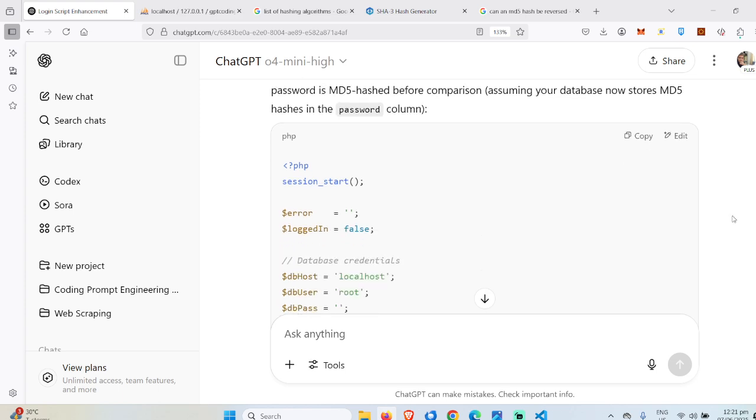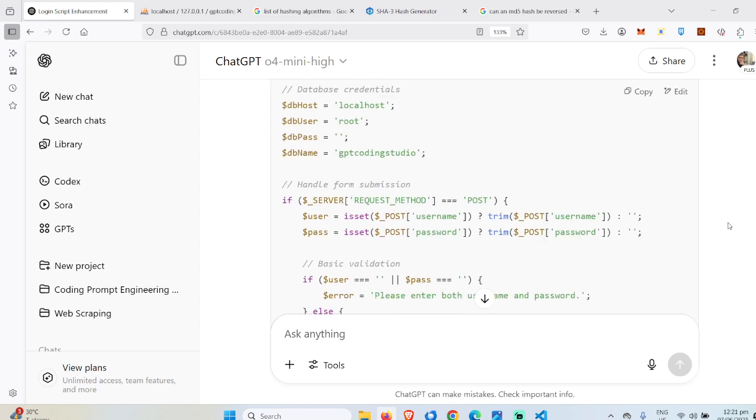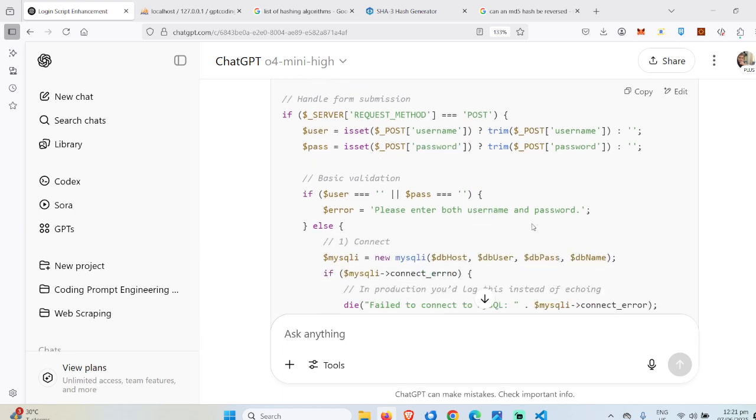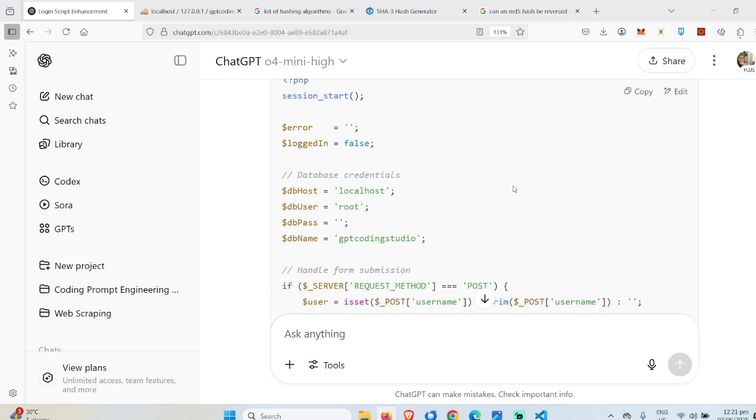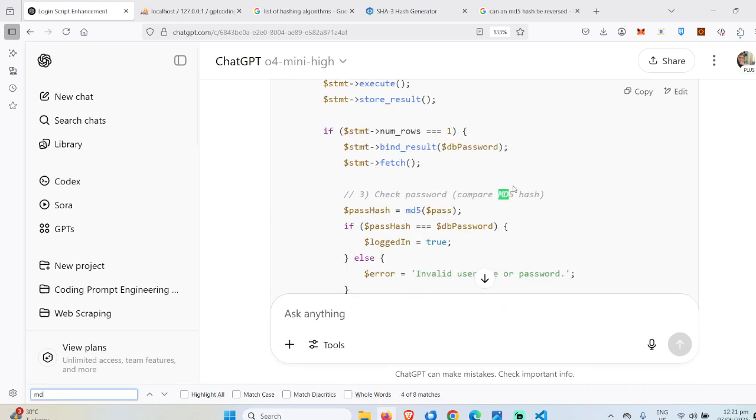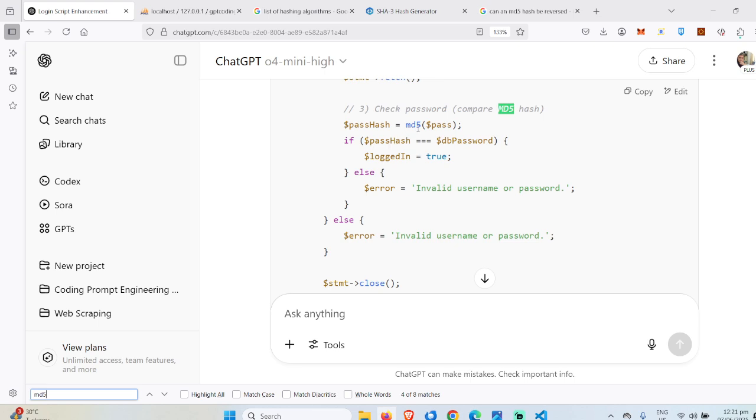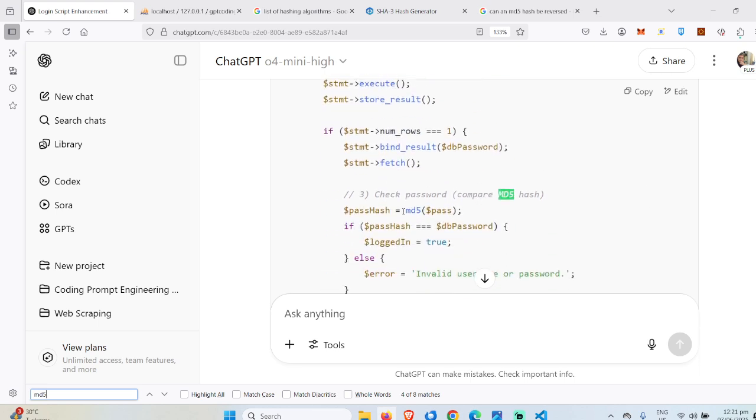So we would not be able to log in using this code. But let's just see. Okay, it added the MD5 hash before passing the value into the database.